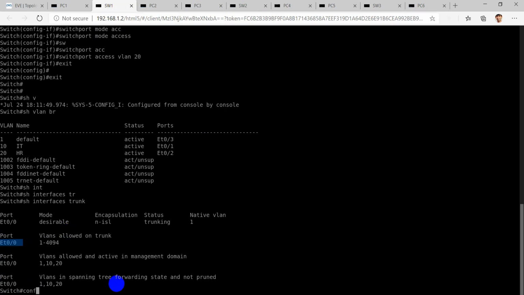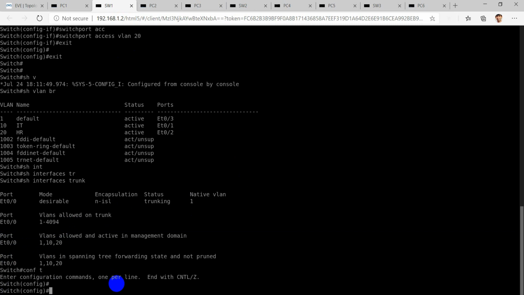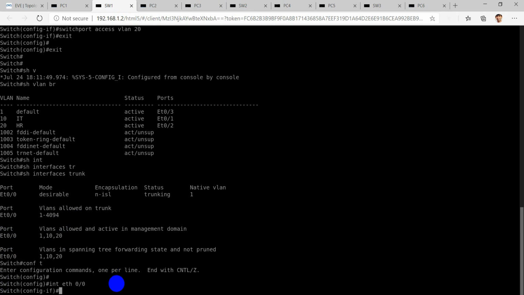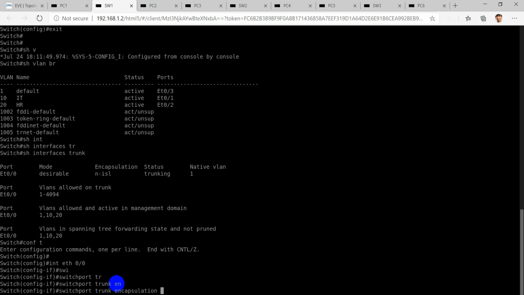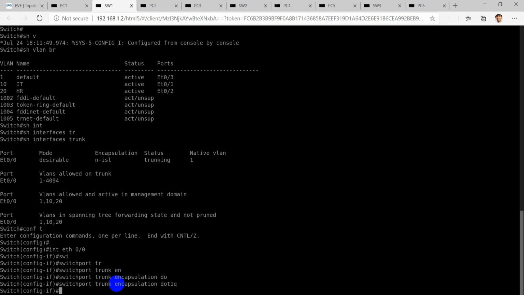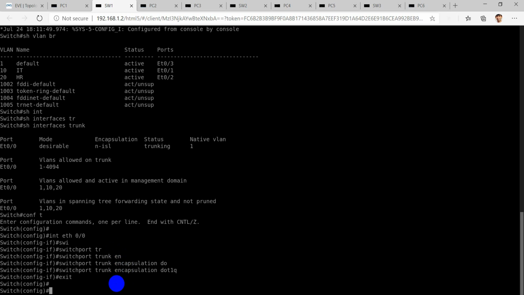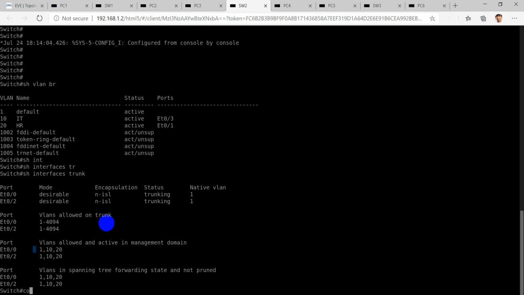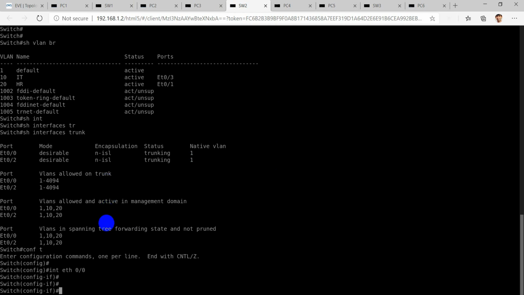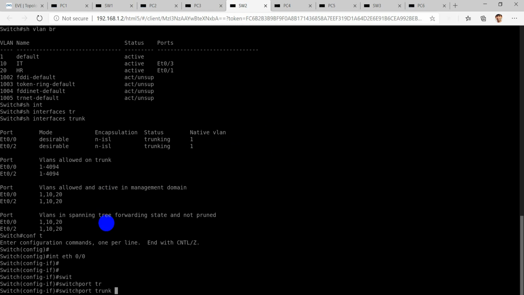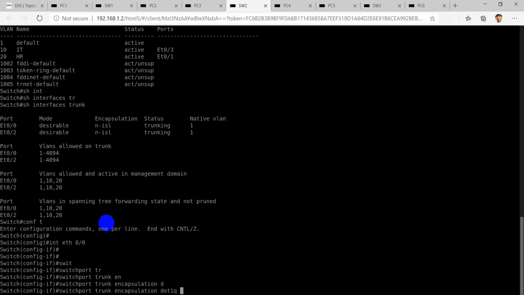We'll go to configure terminal, interface Ethernet 0/0, which is the trunk interface. We'll say switchport trunk encapsulation dot1q. We'll exit. Similarly, on this switch, we'll go to the interface Ethernet 0/0 and say switchport trunk encapsulation dot1q.